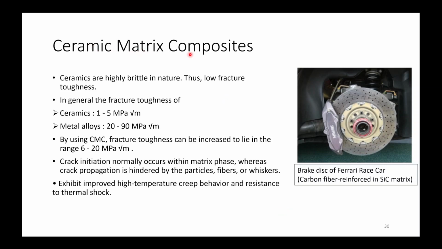Now, ceramic matrix composites. Ceramics are highly brittle in nature, thus have low fracture toughness. In general, the fracture toughness is 1 to 5 for ceramics, while in the case of metal alloys, it will be from 20 to 90. By making this metal ceramic matrix composite, we can increase the fracture toughness of ceramic by 6 to 20 MPa